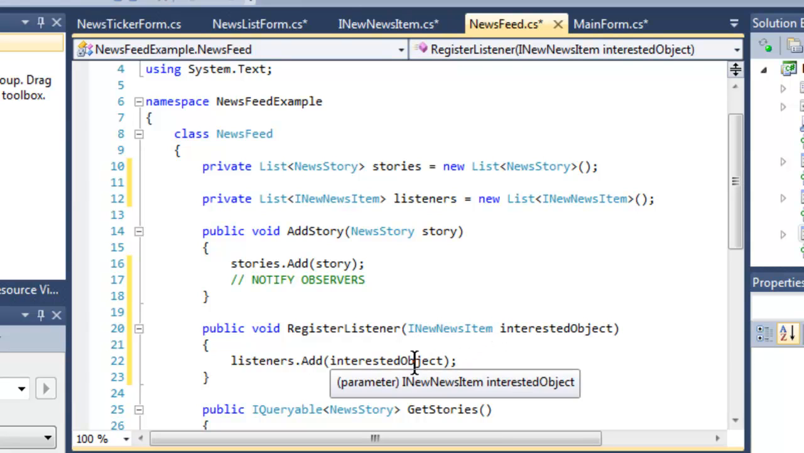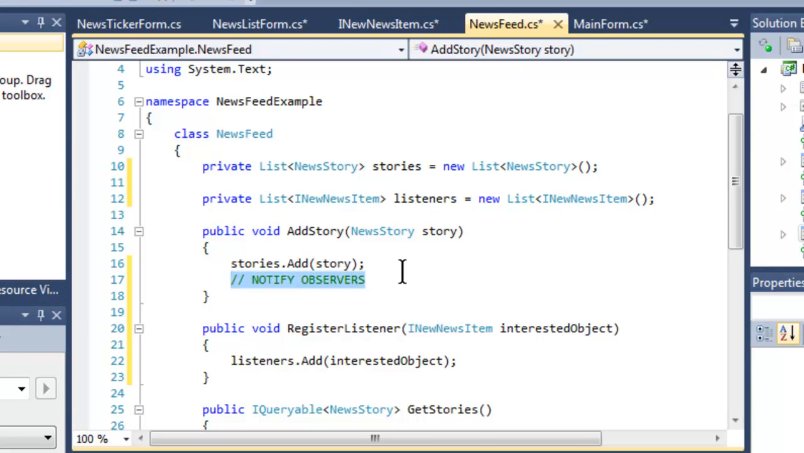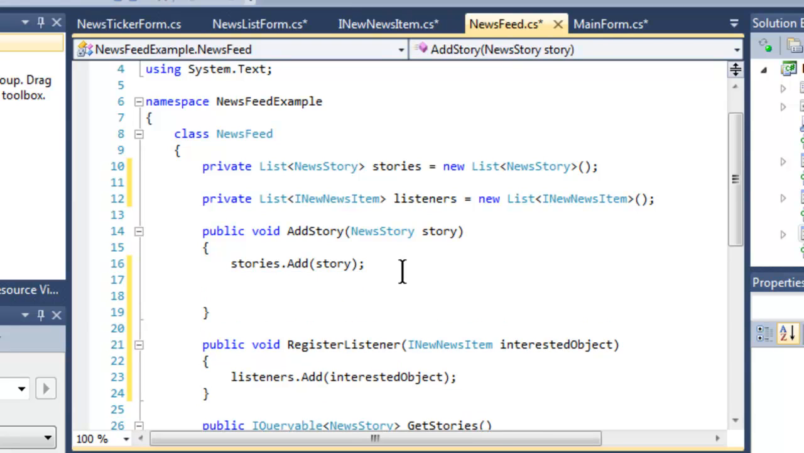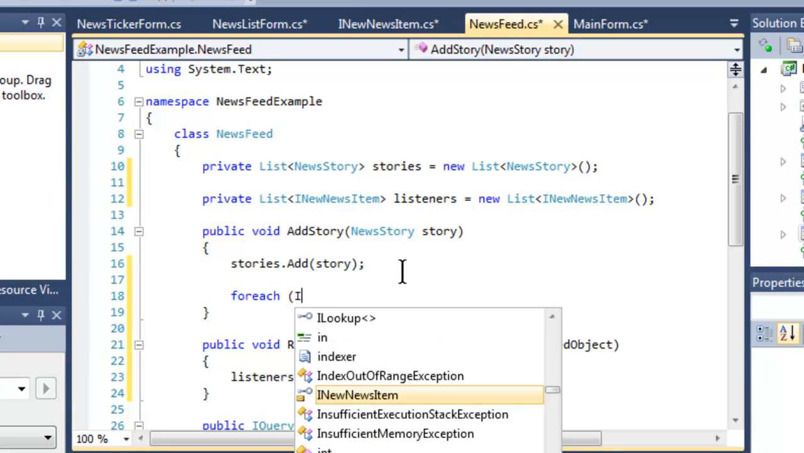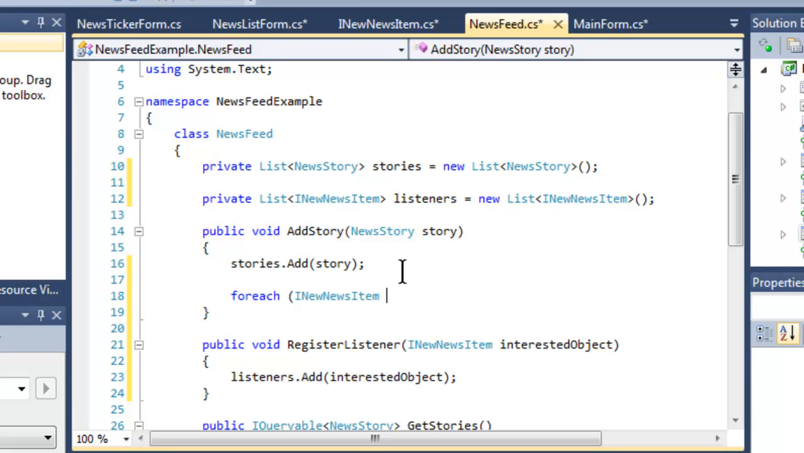Okay, so I've got a list of objects, in this case forms presumably, that are interested in receiving notifications of new stories. Now in order to actually notify them, I've got to call the method that I created. I can't do that at once. I've actually got to loop through my list of listeners in order to do that. So I'm going to say for each, and each item in there is an iNewNewsItem instance. So for each listener in listeners,